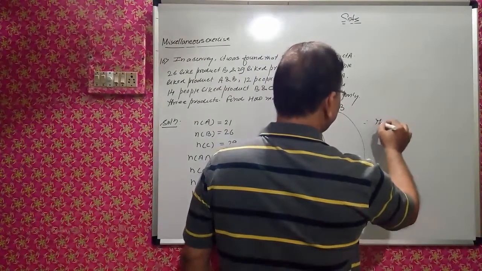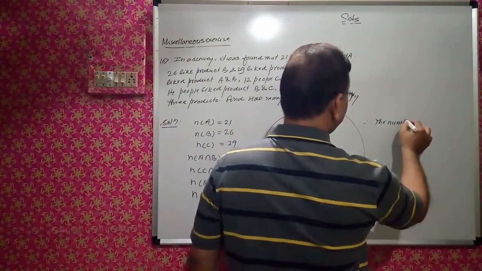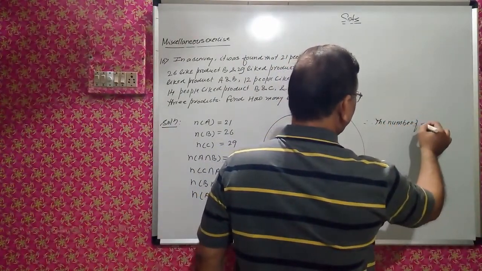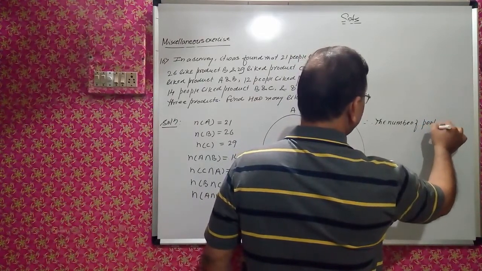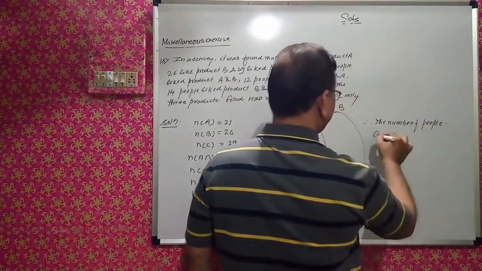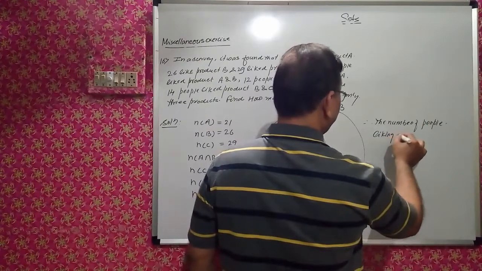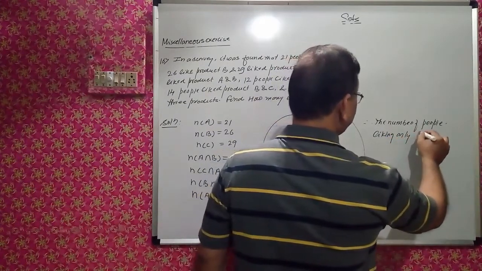Therefore, the number of people liking only product C is equal to